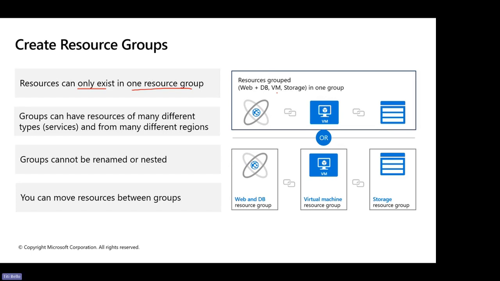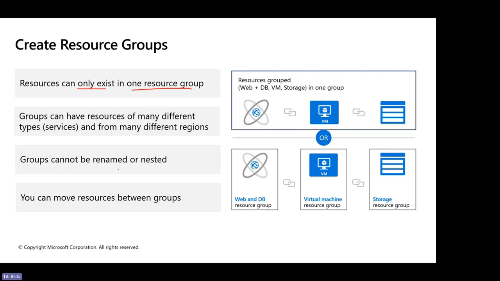So a resource group can contain different types of services like app service, virtual machine, database service, storage service, and whatever services, they can all exist in one single resource group, all right? And